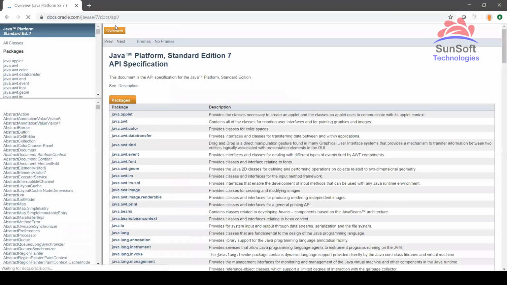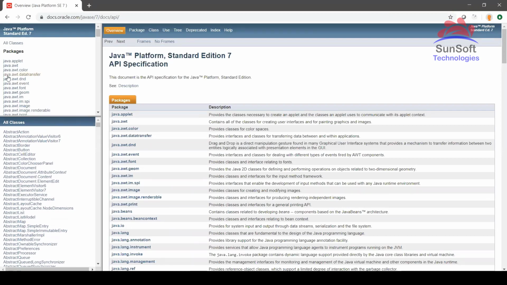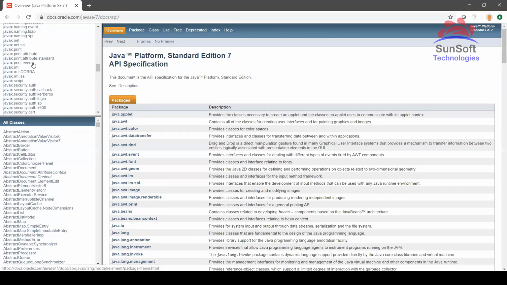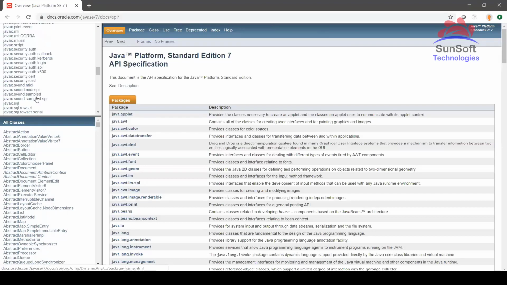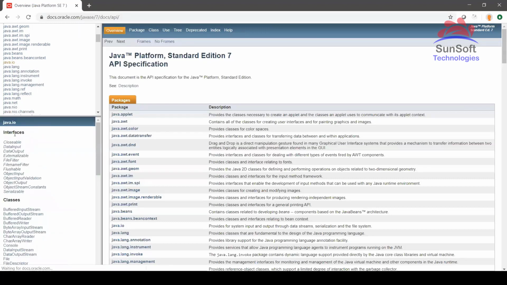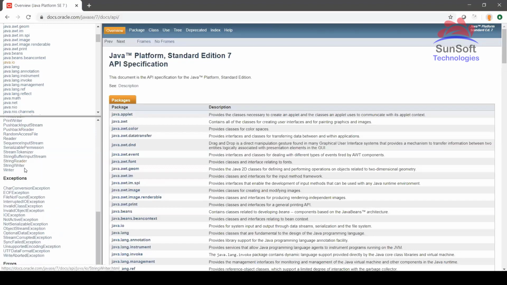Now see, when you click on that, this is the place which shows all the details. These are the packages; see how many packages there are, not even 100. The packages itself will exceed that, in many. So all these are different packages in Java. Let's take the IO package. When I click on the IO package, immediately it shows me all the classes present in the IO package. These are the interfaces of the IO package, and these are the classes of the IO package. It will show you like this.